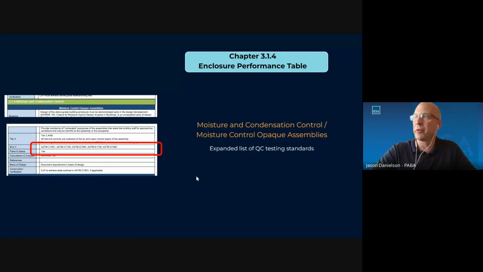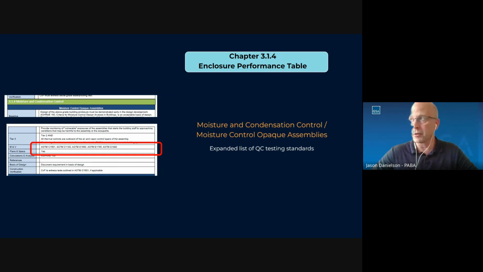So in the way I have this set up, you'll see the enclosure performance table will always have the green or the blue bubble on the right, and then the narrative is swapped. So just if you're wondering as far as format and where to find these things, but it also has the